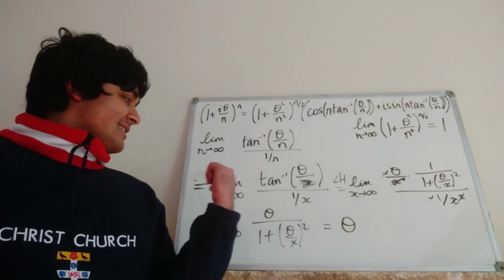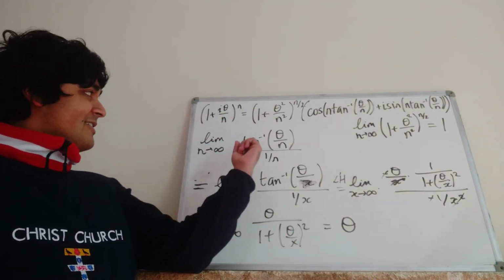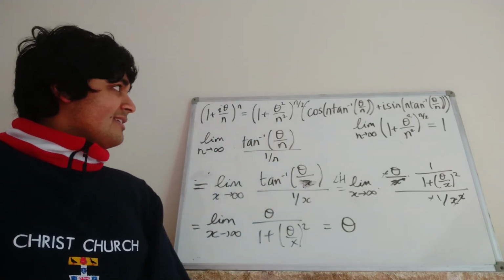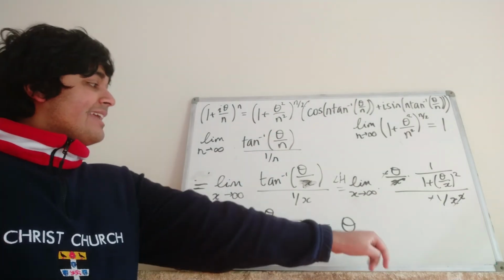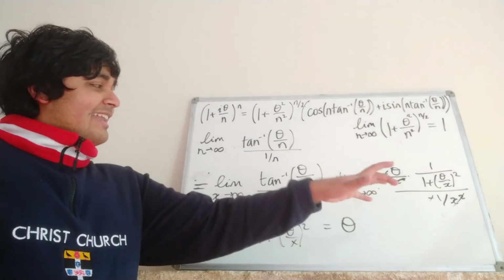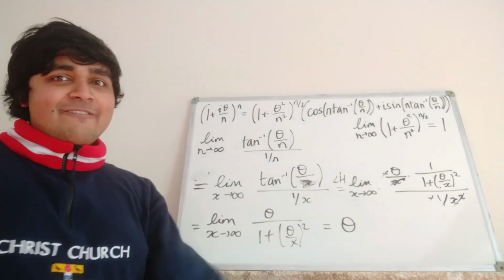Okay, so the limit as n goes to infinity of inverse tangent of theta over n divided by 1 over n, in other words, the limit as n goes to infinity of n times inverse tangent of theta over n, is just theta. Okay, let me clear up the whiteboard and then we'll have to make our final statement and